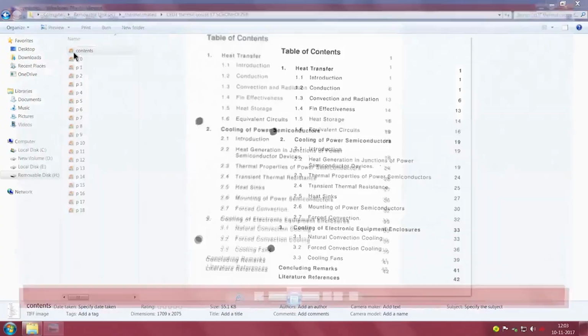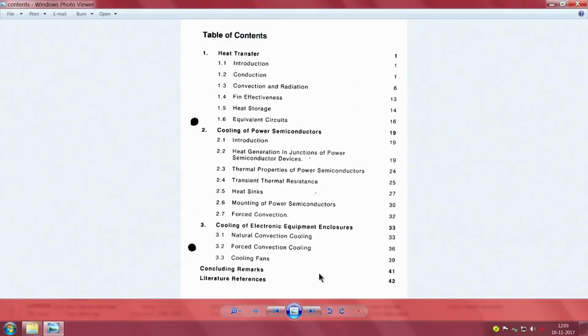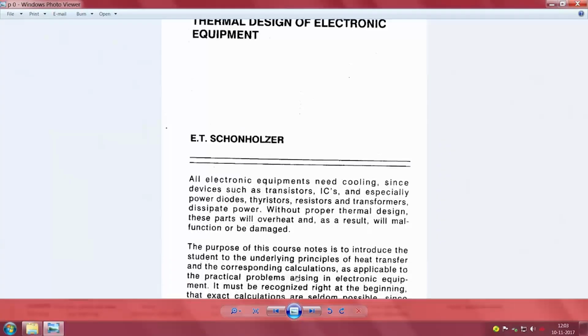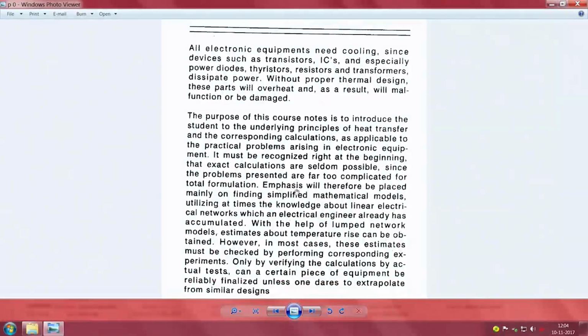Further, if you want, basic equations, everything have been explained in the earlier chapters, and then I suggest you refer to the original textbooks. And we also have, along the way, one Professor Schonholzer who worked with us and made all these notes, thermal design of electronic equipment. So, maybe you should